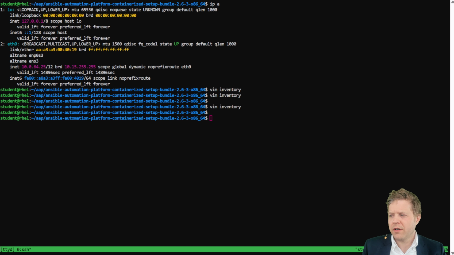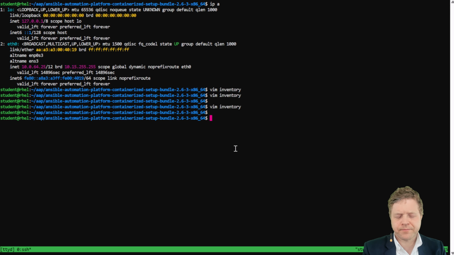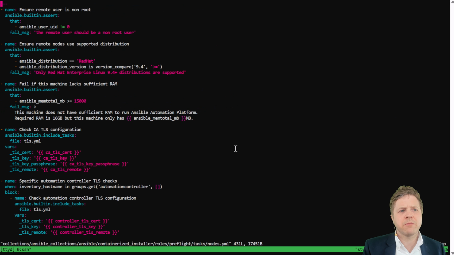There are prechecks in the playbook that install AAP, and those prechecks are available here: Vim collections, Ansible collections, Ansible containerized installer roles, preflight, task, nodes. And what I mean by that is the assertions that make the playbook fail if you don't meet certain criteria